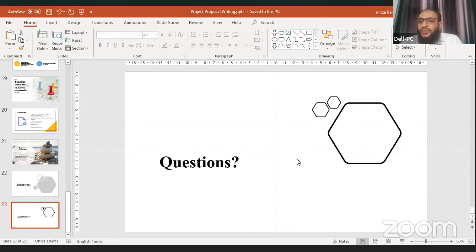What we are going to ask of the funding agency should be easily implementable with our own limited resources. So these are certain limitations for a researcher to consider before writing a proposal.